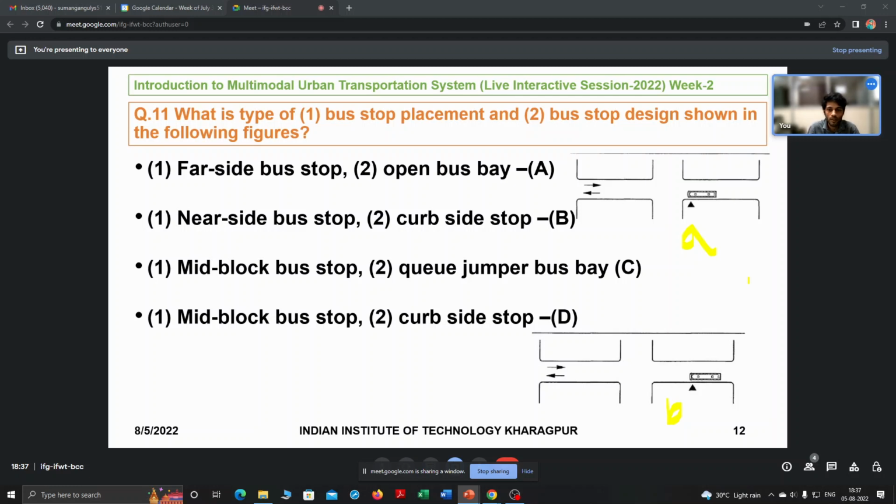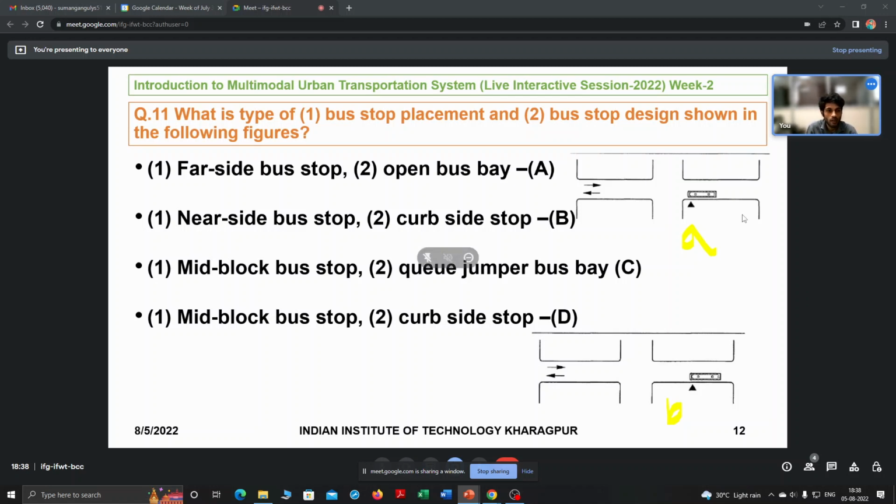So Rajendra and Prasant, you can actually try to answer. So you see bus is running from this to this. So we have our left hand traffic rule, right? In India, like in the US or different cities, you will find there is right hand traffic. So here our bus is running on the left if it is going to this direction. Right? So you can try once. What is near side, what is far side, what is mid block. Based on that,